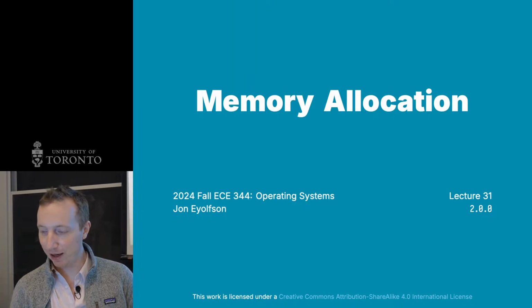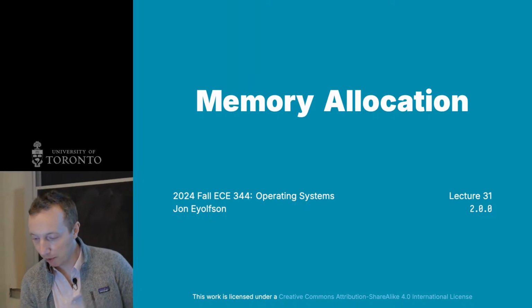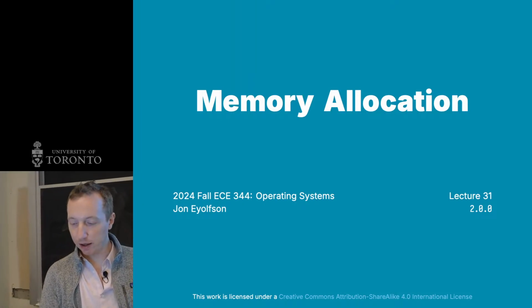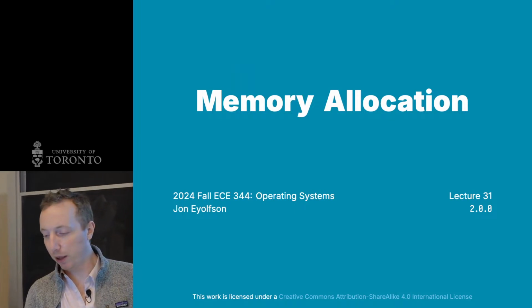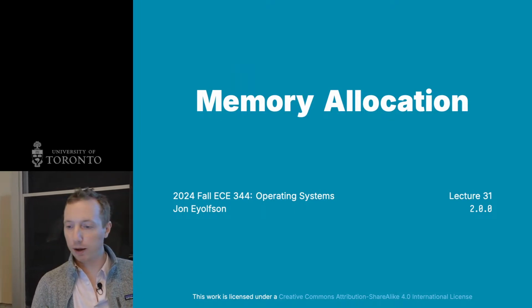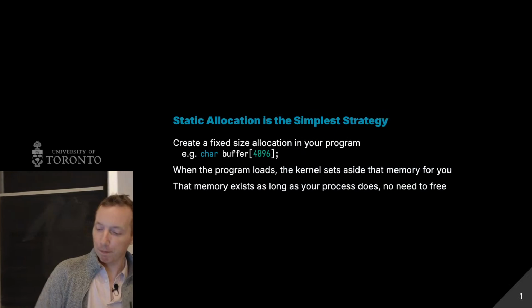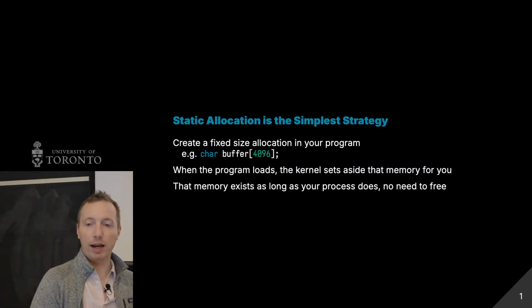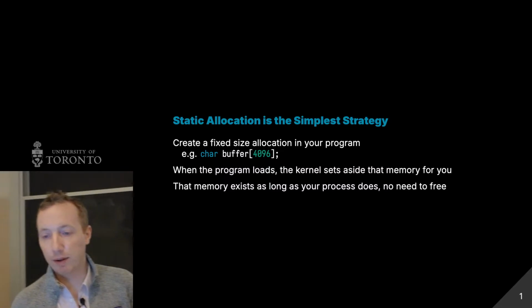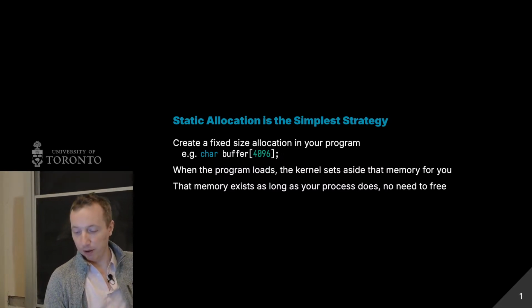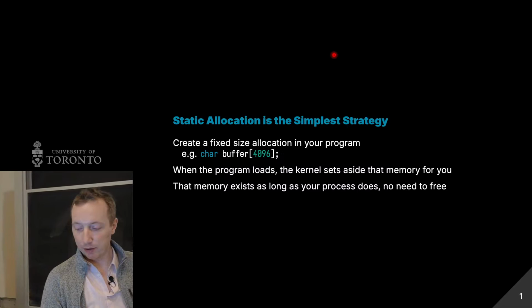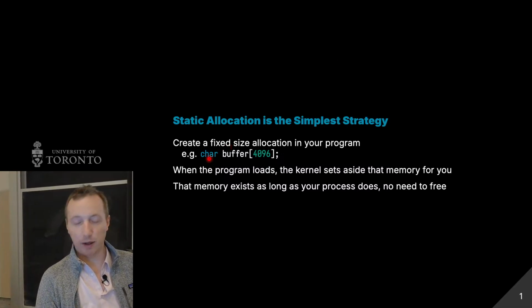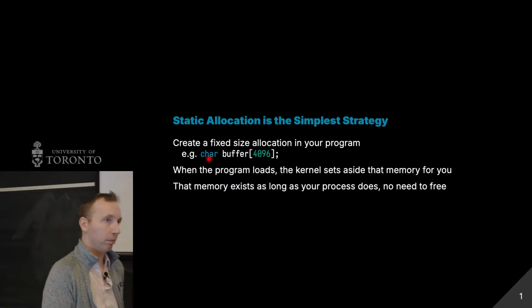So let's get into memory allocation, something that our operating system has to do that you might get into more details with in other courses. But we've already done this. Some of you have used this for the lab. So static allocation is the simplest strategy. So if I create a fixed size allocation in my program, if I just do like a global variable char buffer size